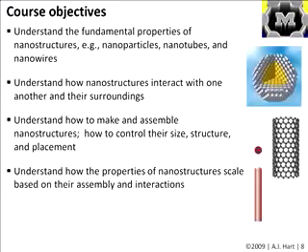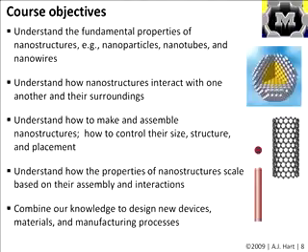And with that assembly, we want to understand how the properties scale based on how you put them together. For example, what's the difference between a property of an individual nanotube, which might be a perfect atomic structure, and a yarn of nanotubes that we would make by spinning billions or trillions of nanotubes together. And that's what we need to understand to make functional macroscopic materials that we can see and use for these new applications. And finally, the course will conclude by an effort to combine our knowledge to design new devices, materials,